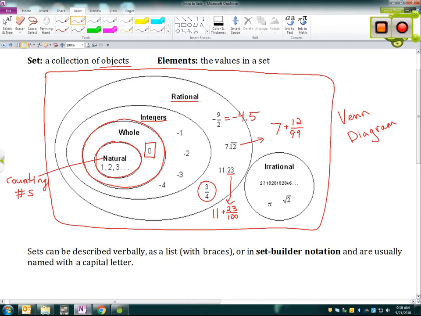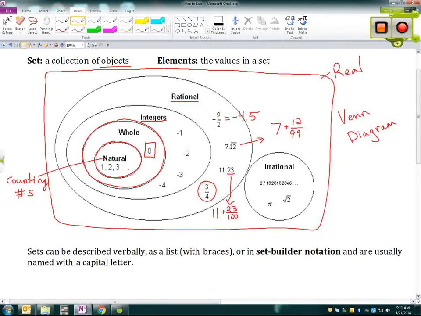And then outside the rational numbers, this box is all of the real numbers, and it's not labeled on here, so I'm going to add that. But this is all of the real numbers. There are such things as complex numbers, which include an imaginary part. If you think about the square root of -1 or the square root of negative anything, that doesn't exist in the reals. So those go into what are called the complex numbers, which we're not going to be dealing with here, but those are outside the reals.